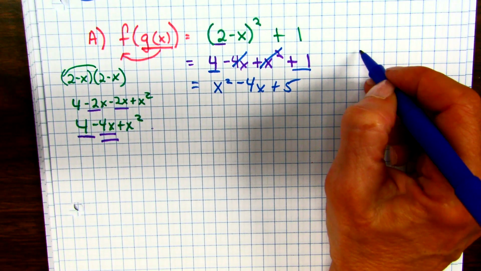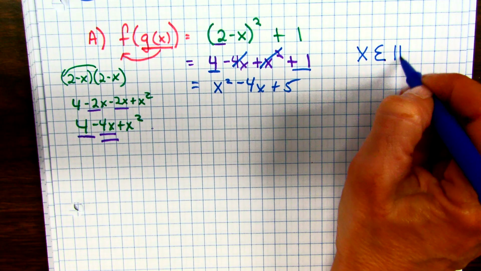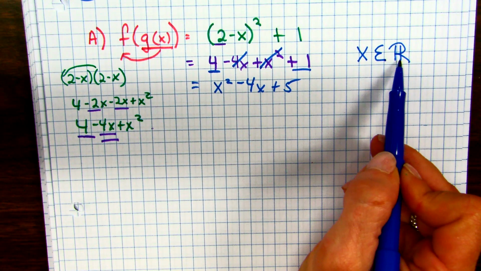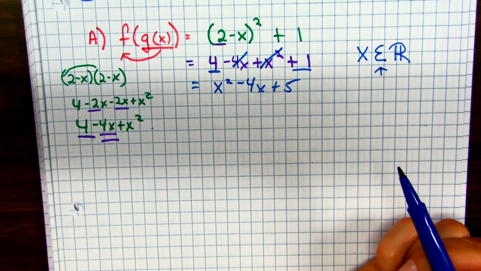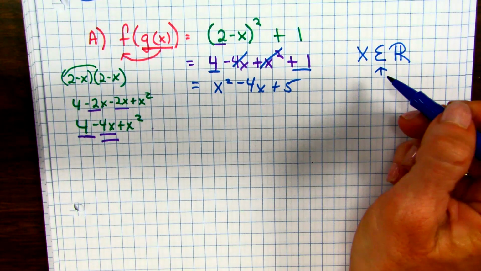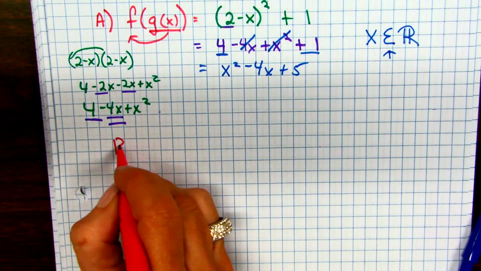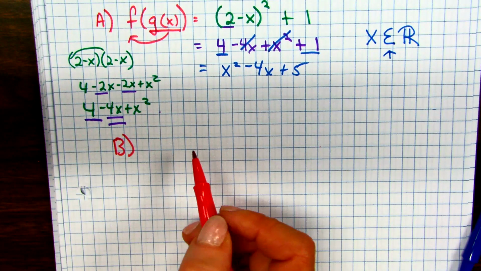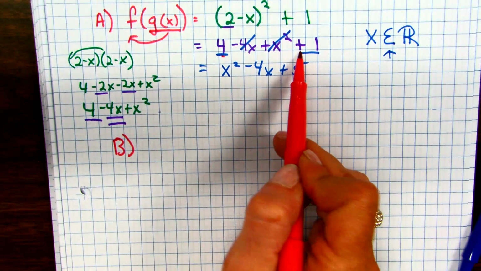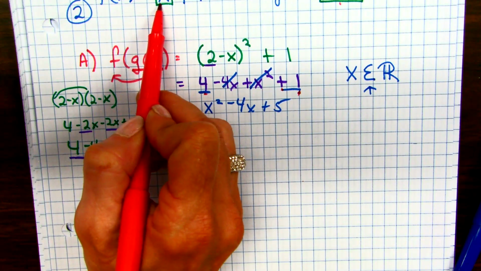And as for the domain, you'll see on my key this notation. Let me just tell you what it is. X belongs to the set of all real numbers. This means belongs to, or is an element of, or you could just say negative infinity to infinity, or all real numbers, okay? On tests and on the AP exam, you should be using interval notation, though. 4 plus 1. Don't forget, you had to plug this in there, square it, but then there was a plus